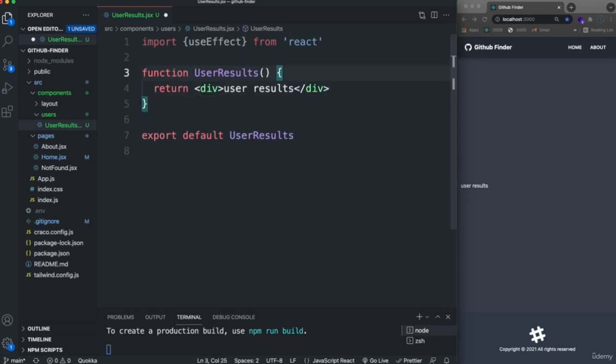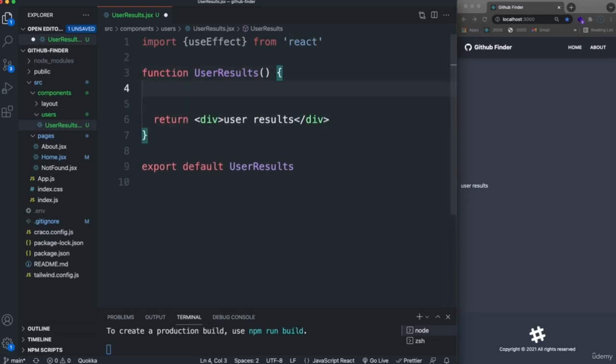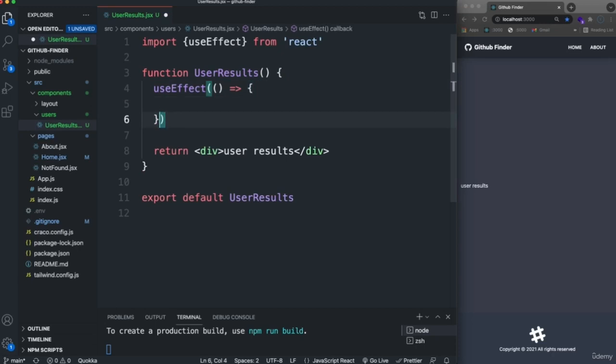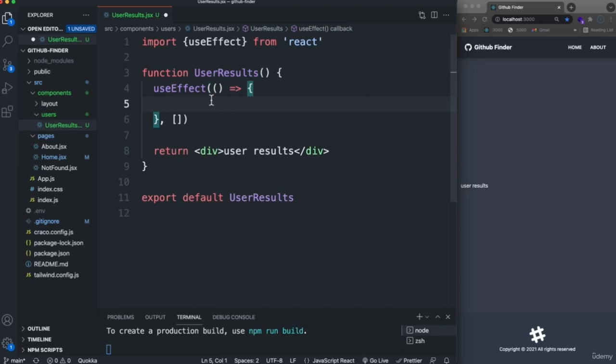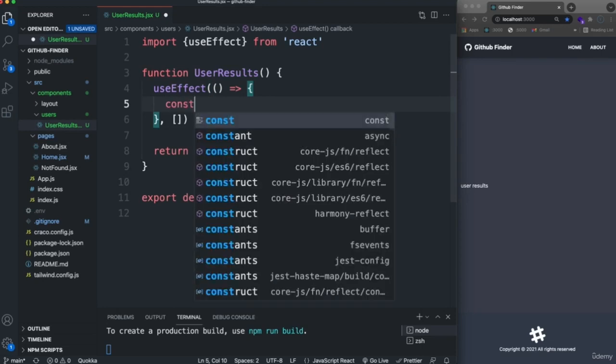Okay, so we want to go down here into the component now, and let's call useEffect. And useEffect takes in a function, and it also takes an array of dependencies. And in this case, the array is going to be empty because we have no dependencies. We just want it to run when the component loads. So in here is where we want to make our request. So let's say const,